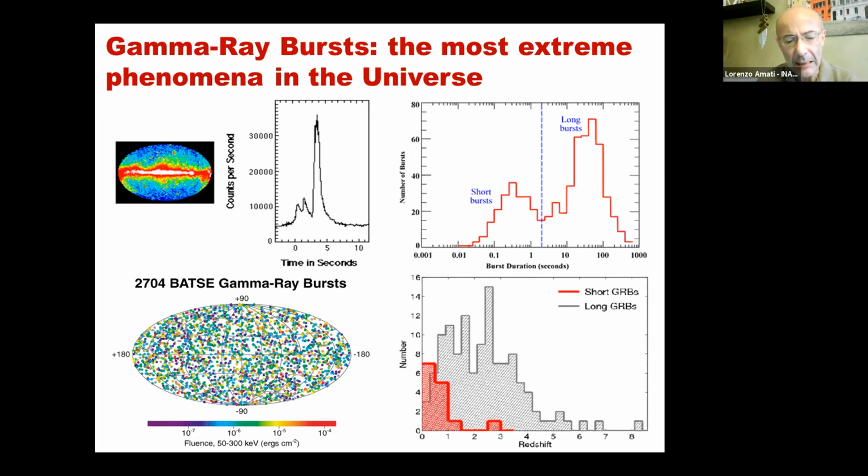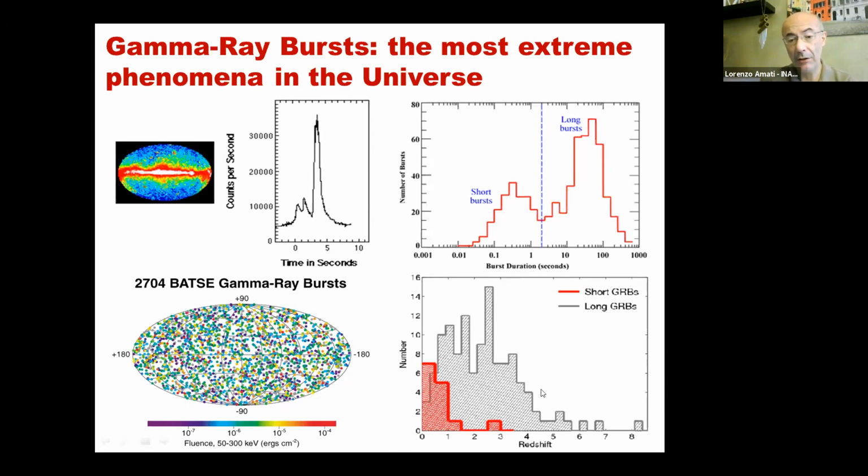And for 30 years, we were not able to know the distance, and so the luminosity and the radiated energy. So there were conjectures about the origin, the progenitors, the emission mechanism. But for 30 years, we were stuck with only basic information like the one on the top right, so that there are two main classes of gamma ray bursts: short ones lasting from a few tens of milliseconds up to a few seconds, and long ones which can last from a few seconds up to typically minutes. And then their direction distribution in the sky is isotropic, so they're actually coming from random directions.